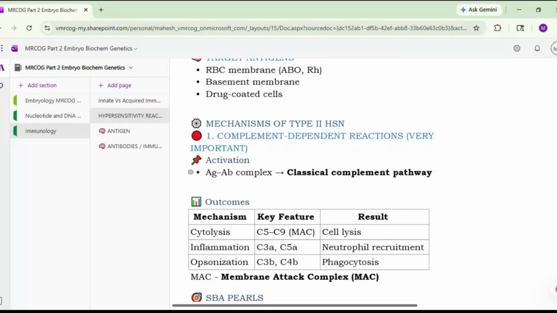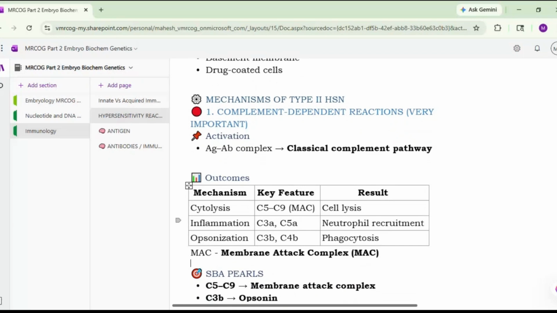Once these antigen antibody complexes are formed, the complement pathway will get activated, and the outcome will be either cytolysis, inflammation, or opsonization. Cytolysis is mediated through C5 to C9. Membrane attack complexes are formed, and C5 to C9 complexes will lead to cell lysis. C3a and C5a will lead to inflammation, with neutrophil recruitment. And the opsonization is from C3b and C4b complement,